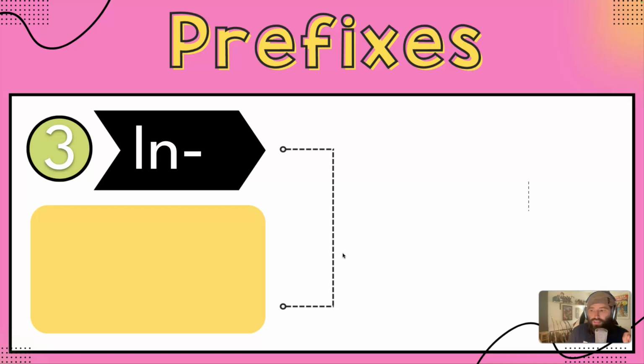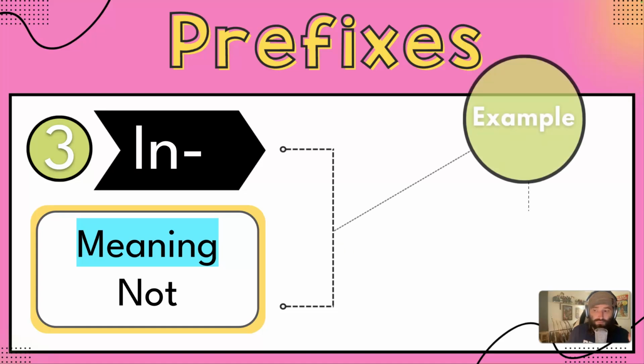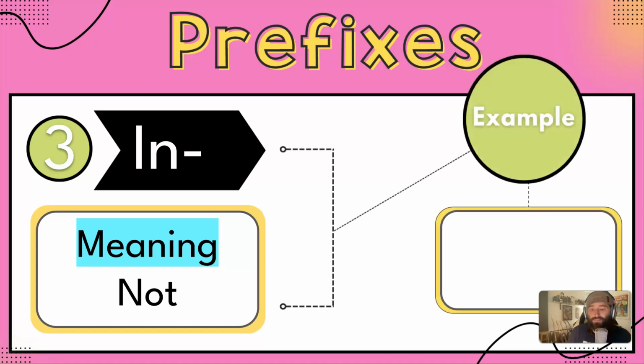Our third prefix here is in, and this is where English is just so much fun. Because like the one before it, in means not. Now notice this one does not say the opposite of, but it does mean not. And please understand, we are not done by any stretch of the imagination with prefixes meaning not. More will come up, I promise you, because you gotta love English. So in is incapable,